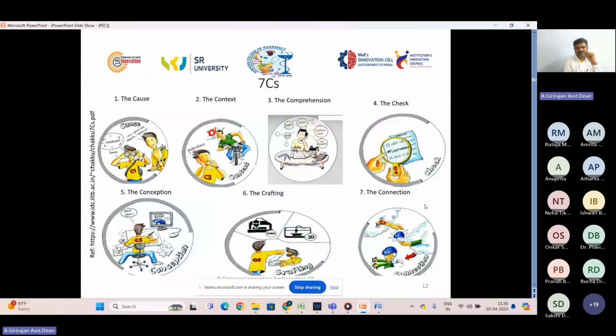So the conception is all about drawing the diagrams or designing it in the software about the problems and the solutions for that. So you have four solutions or five solutions for the same problem.